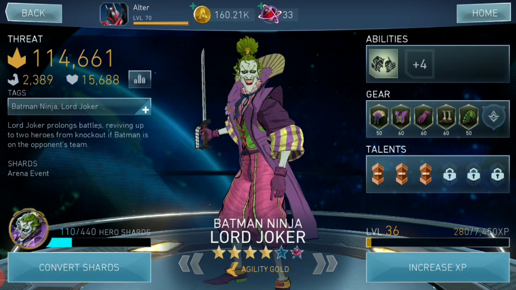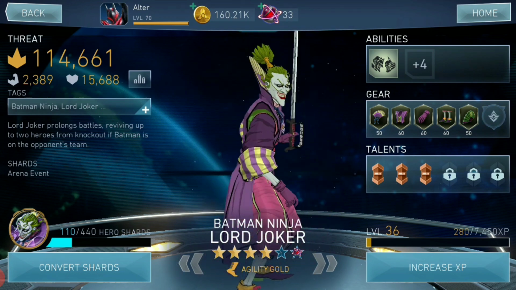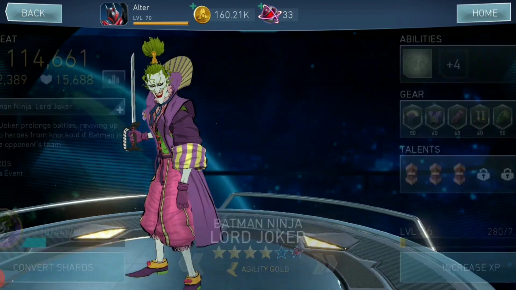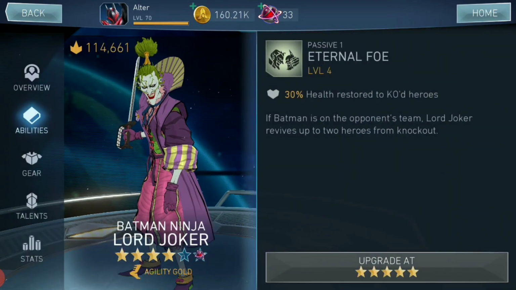Number 6. Batman Ninja Lord Joker. It's a shame Lord Joker has to be in the number 6 spot because I do like using his special 3. However, aside from that, everything else I just don't like, especially his passive, which is that whenever Batman is in